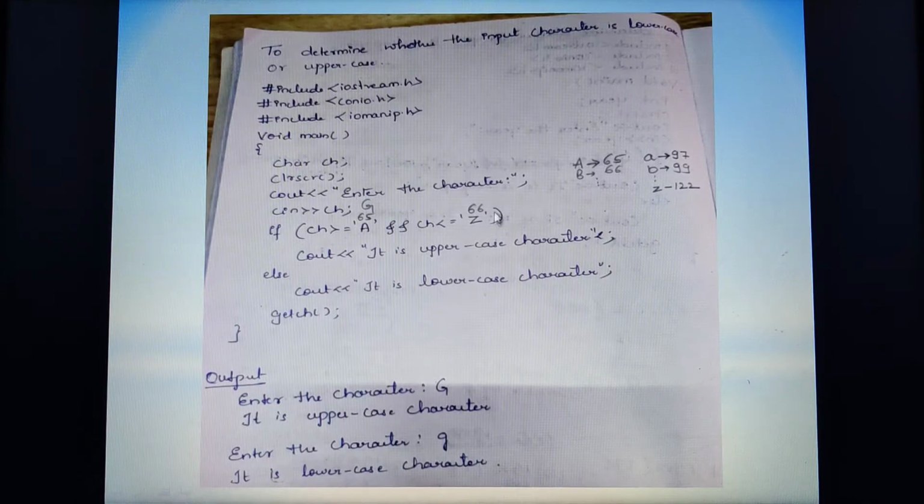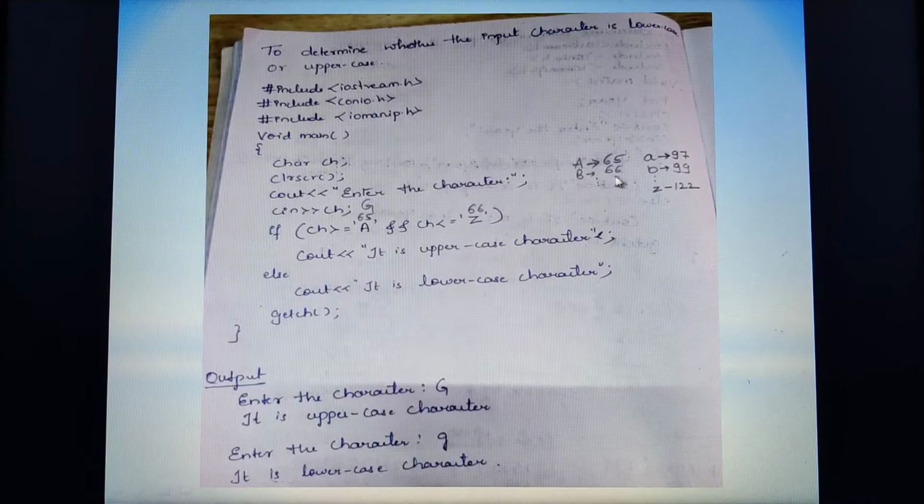Okay, this is not 66, it is B actually. So whenever you enter any character between the ASCII value 65 and the ASCII value of capital Z, for example, if I enter the character B as input, then it falls between the range of the ASCII value of capital A, 65, plus 25, which gives you the ASCII value of Z. So that B value 66 falls within this particular range.